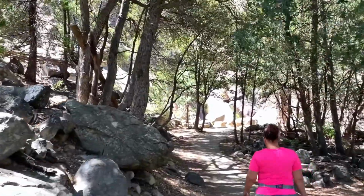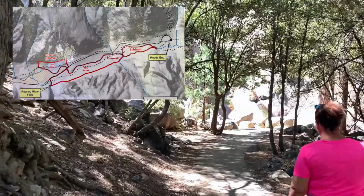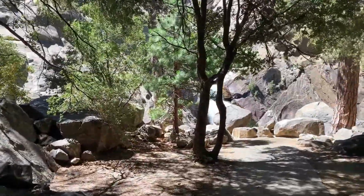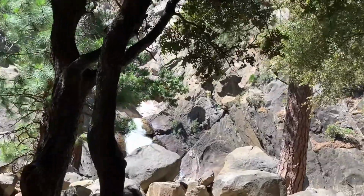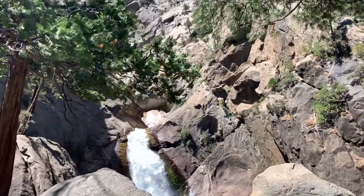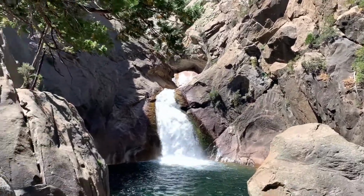So we are on the Roaring River Falls, which goes along Roaring River. And fortunately, right by the parking lot are the falls. So this is not a hike, although there are some trails here at this trailhead. We are gonna do a mile and a half or so up to Zumwalt Meadow. So,